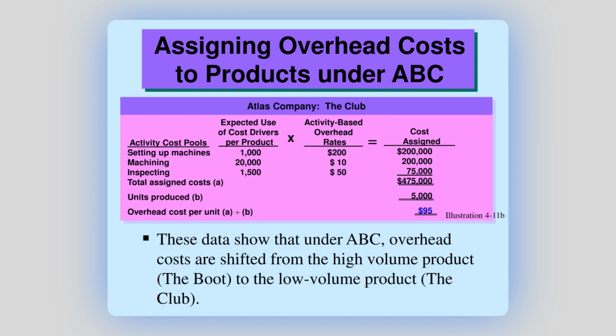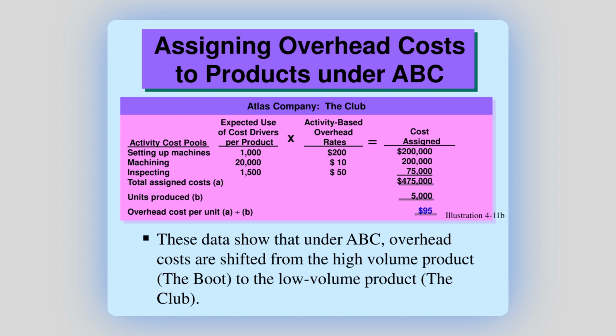How about naman in terms of the club? No, so, ito naman class ay based on per club. So, same lang class ha. 100, 1,000. Okay? Just divide it, just multiply it by 200, 20,000, just multiply it by 10, 1,500, just multiply it by 50. Okay? So, all in all, it is 475. And it is to be divided by 5,000 units produced. Okay? That's your low volume naman, no? So, makano yung overhead natin? 95,000. May class ha, parang dyan pa lang, meron ako nakikita, no?